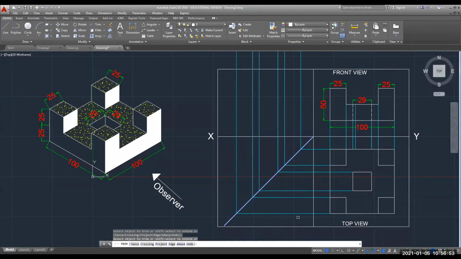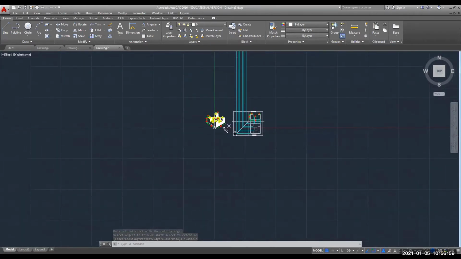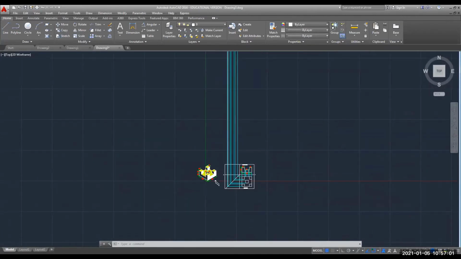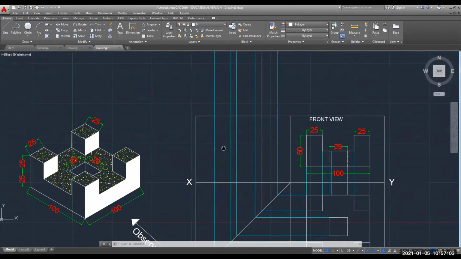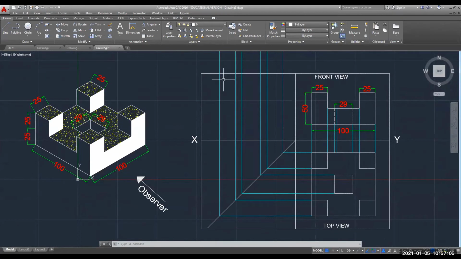Now you can easily see this is your projection line in vertical direction. In vertical direction, still you can see it is going up to infinite length. So what I will do, I will cut this extra part using my trim command. I will select this as my base object, press enter, and I will delete all the lines. Now the projection lines are drawn.